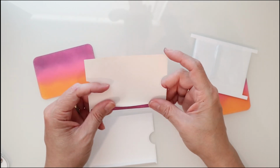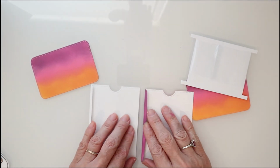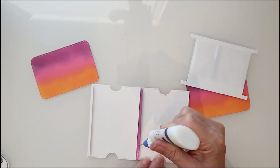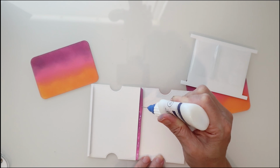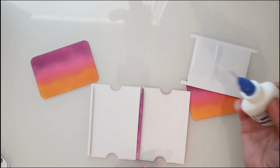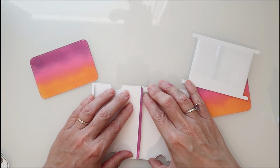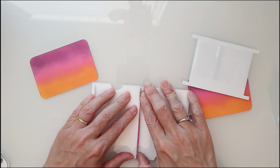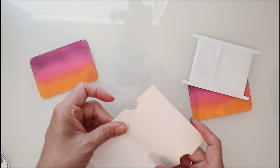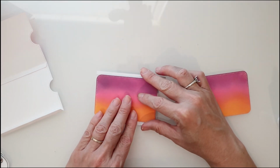First thing we're going to do is put our covers together to make one long piece. We're going to apply them and set them side by side and glue them down. Now, in the Lawn Fawn video, they did use double-sided tape, but for me, I like using liquid glue because I do want to make sure that it creates a nice, strong bond. But then again, that's up to you as the person making this card to make sure that you are comfortable with what you're using. I'm going to set that aside to dry, and we're going to work on our moving